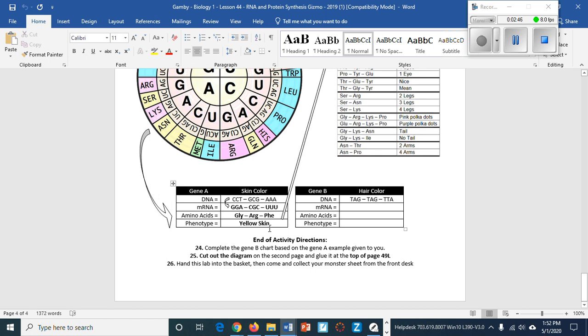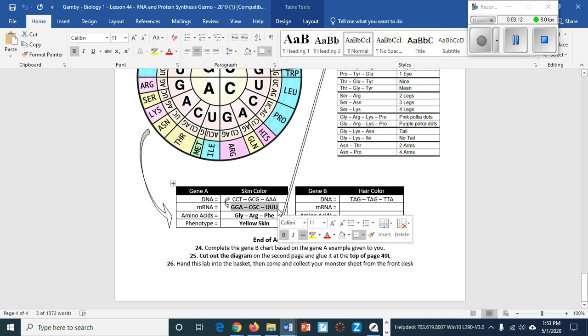So in the first step of transcription, we have to unzip the DNA molecule and make messenger RNA out of it. Okay, so our messenger RNA corresponding code would be right here. G pairs with C, C pairs with G, T in DNA pairs with A in RNA. And again, A in DNA pairs with U in RNA. So we have this messenger RNA code